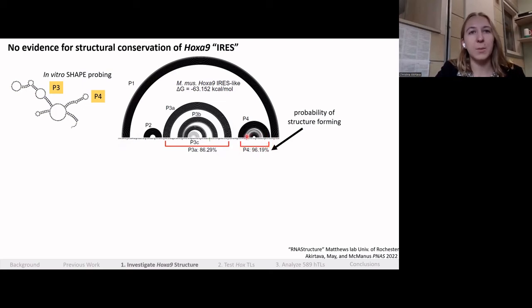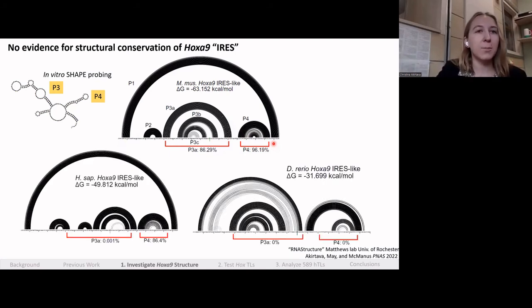So the probability of the P4 loop occurring is 96% out of those 10,000 runs. So I then ran the predicted structure for the human